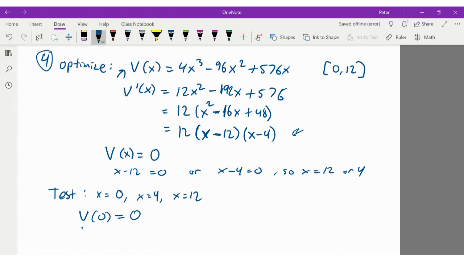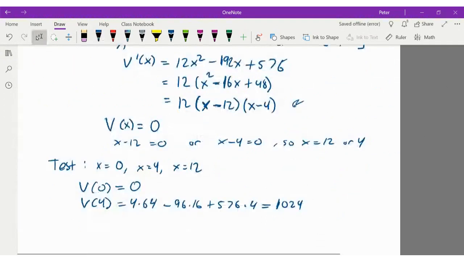V(4) is going to be 4 times 64 minus 96 times 4 squared, which is 16, plus 576 times 4. You add that up, that comes out to 1024. And V(12), we already made the geometric argument that